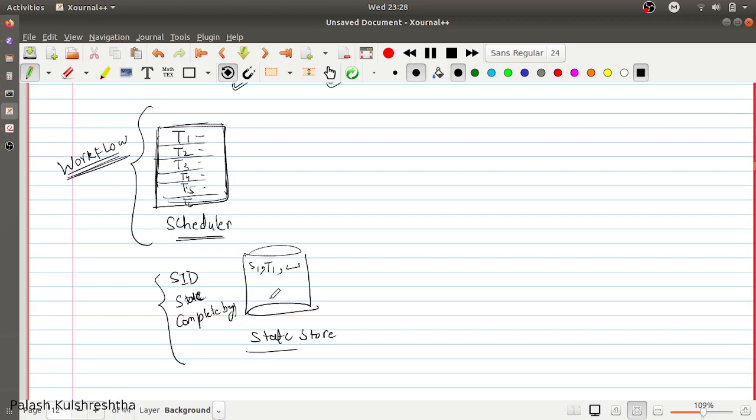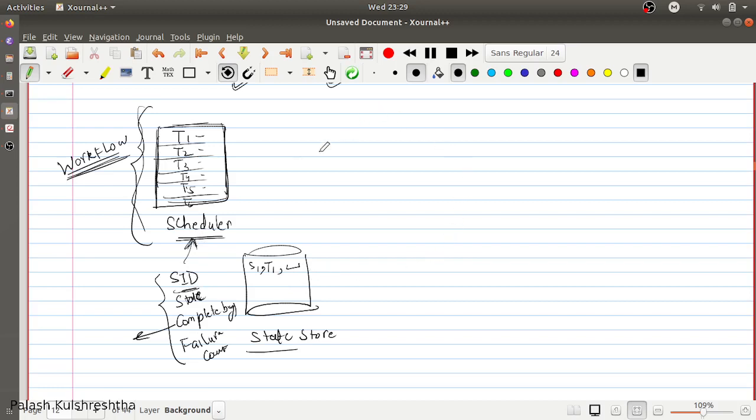This is the time till which that particular task should be completed. Then you should keep failure count. And the scheduler ID is the ID of the scheduler which is processing your workflow. So this is the state store.